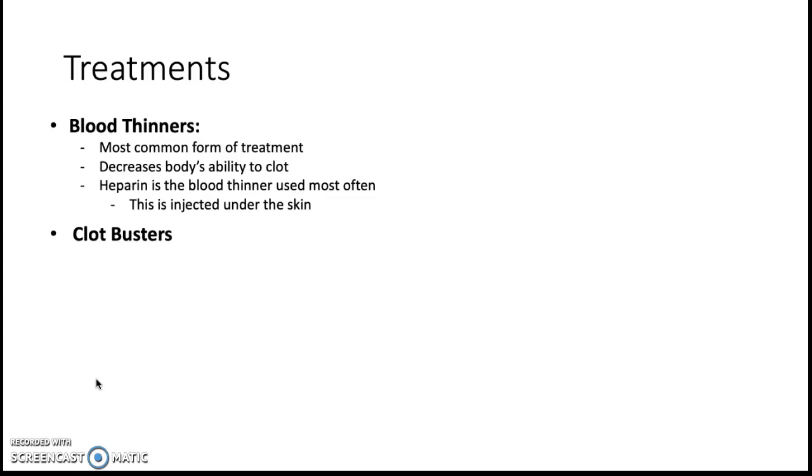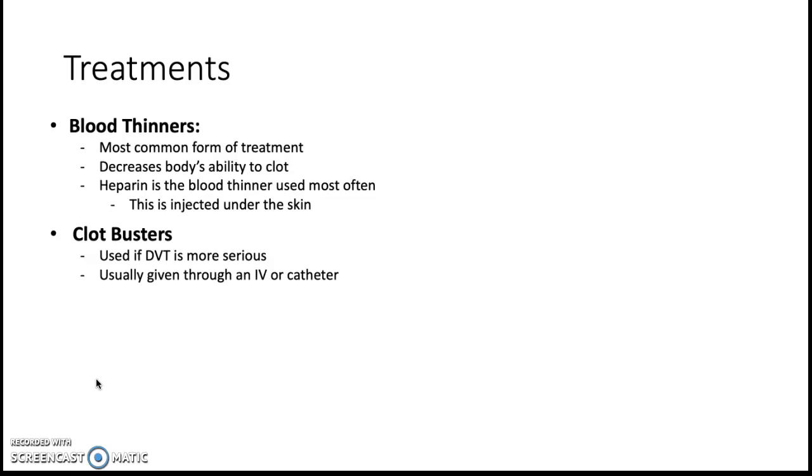So there are treatments for DVT, the most common one being blood thinners. Blood thinners are used to decrease the body's ability to clot, which helps decrease your chances of developing DVT. The most common form of blood thinner is heparin, and this is often injected directly under the skin. However, in more severe cases, doctors will use clot